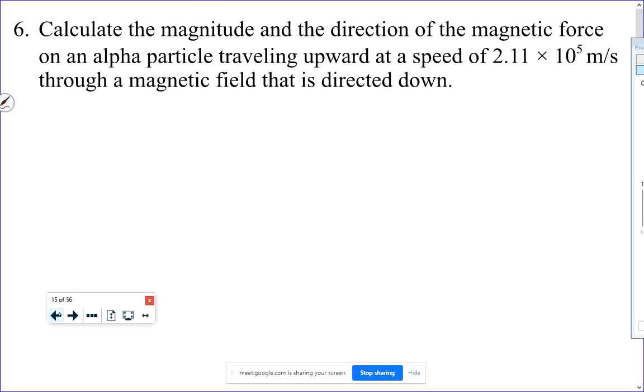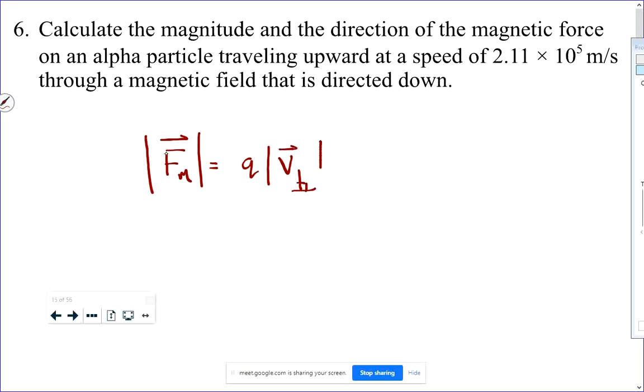So we want to know the magnitude and direction of the magnetic force on an alpha particle traveling upward with a particular speed through a particular magnetic field. And my first reaction in reading this, I have to slow my brain down because my brain was looking ahead going, you don't know anything. You don't know the strength of the magnetic field. But when you look at the formula, magnetic force equals Q, I'll put in all the details here. Q, I don't know if that appears that way on your formula sheet. I think it should, but